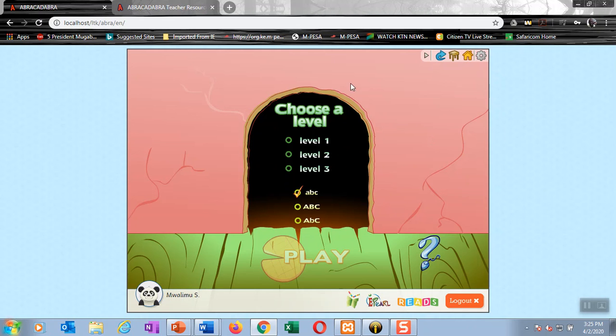Also remember, we said that all these activities are multi-level. So even our activity is multi-level, it has 3 levels. So the teacher will decide based on the class what level she is going to use. Also notice that for the very young learners, the teacher will make use of the lowercase letters. Otherwise, the teacher could have made use of the